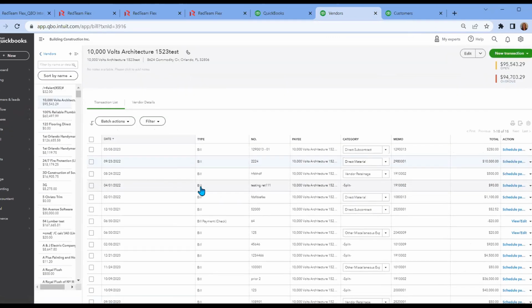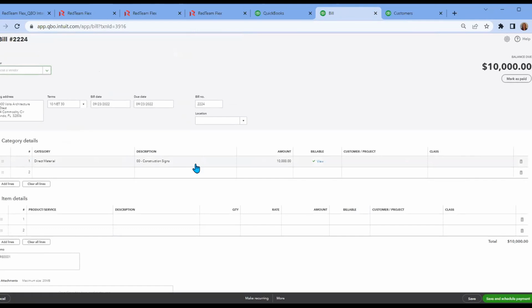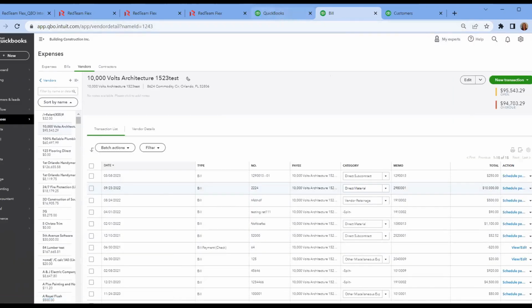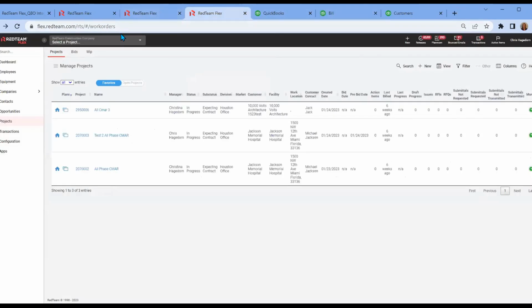If we wanted to see a little bit more detail, you can open it up and see that there is direct material. That's the category. The description was construction signs. You can see that it was Joe's new customer, and you can see that the date was updated to the date we had it due. So at that point, we have this invoice that has moved properly, and we can now go back to RedTeam and take a look at our